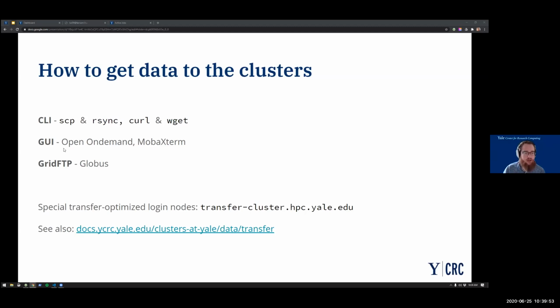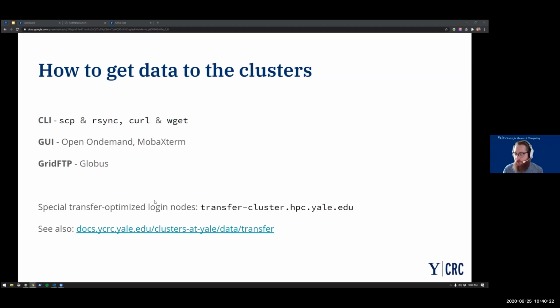So the way that you can get files from your machine to the cluster today that I'll show you is with on-demand. I already showed you that with some small files, or with MobaXterm. And then if you have lots of files or really large files or some combination thereof, we do have licenses for a service called Globus.